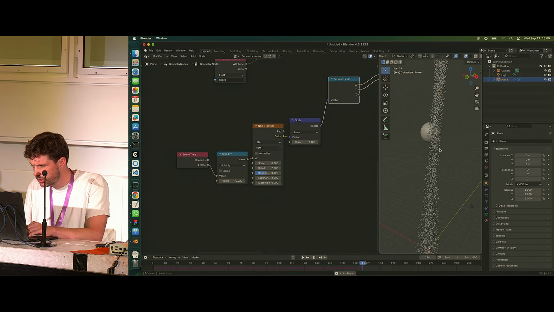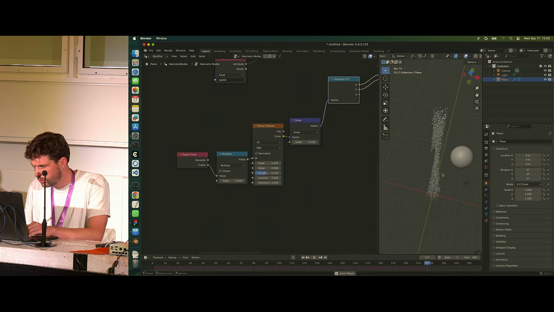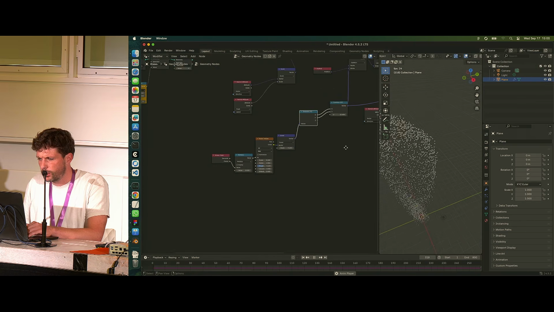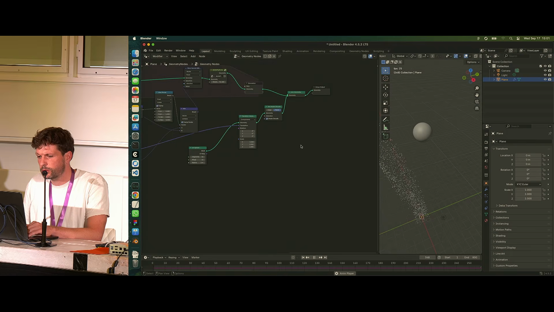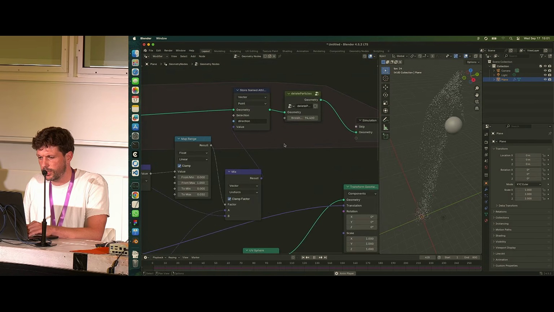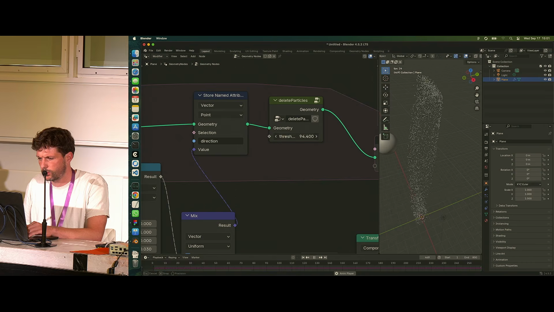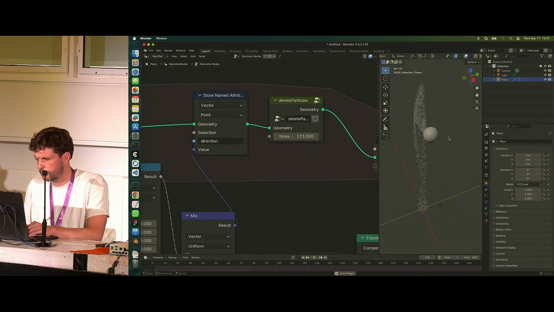It's difficult to see if it's working correctly. I also have to increase my live count. And then